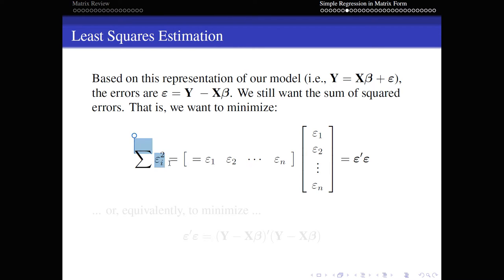So actually this scalar form, the sum of the errors squared, is the exact same thing that we get if we take the transpose of the error vector times the error vector. Looking at this using the replacement of what our error vector represents, y minus x times beta, we want to minimize in terms of y's and betas,